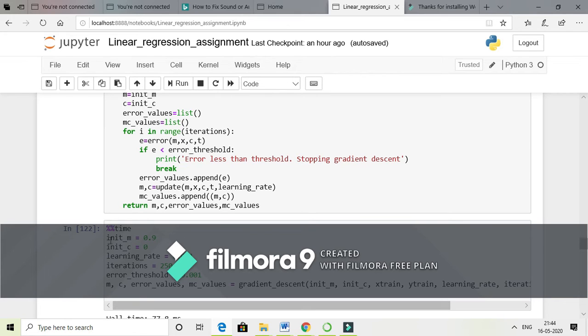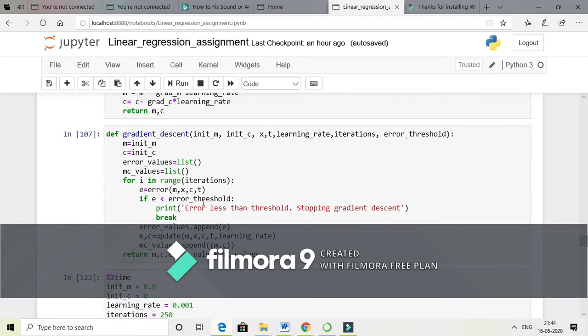wherein we initialize the value of M, C, learning rate, iterations and the error threshold. And we are calling the gradient descent function from here. So it will take us to this gradient function, which basically calls the update function from within this which will help us to update the M and C values so that the error is negligible.